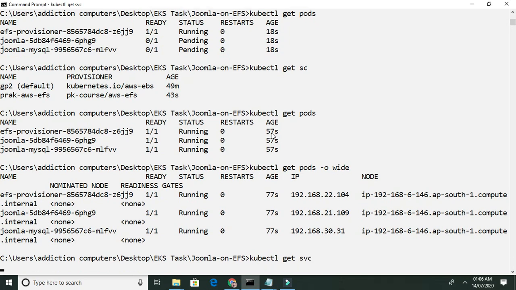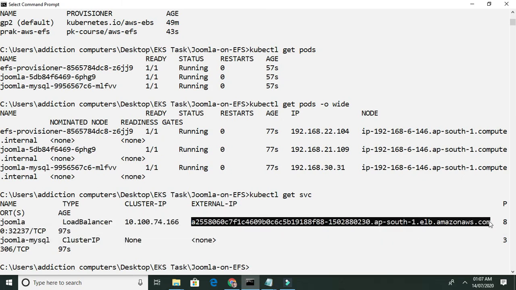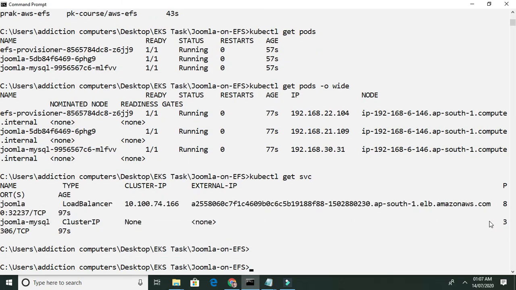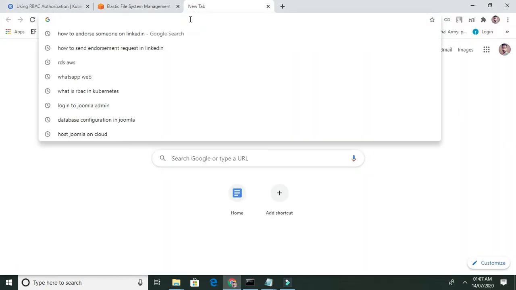kubectl get service. Now we will see the service which we have given, a load balancer and the cluster IP. You can see for Joomla we have given a load balancer service, and for MySQL we have given a cluster IP. I had shown that to you in my file, in the YAML file. So I'm gonna use this load balancer DNS name. Okay,